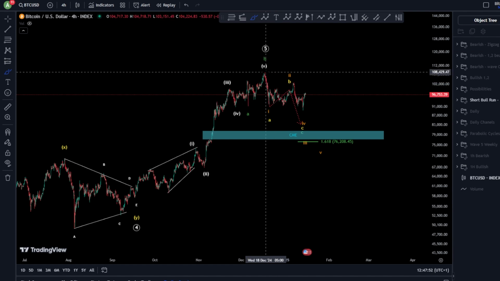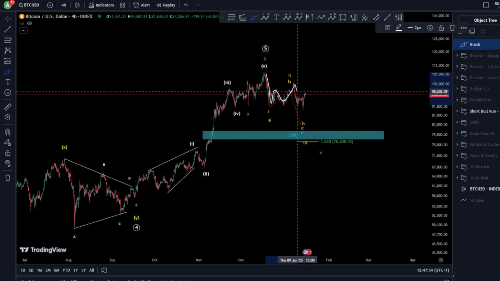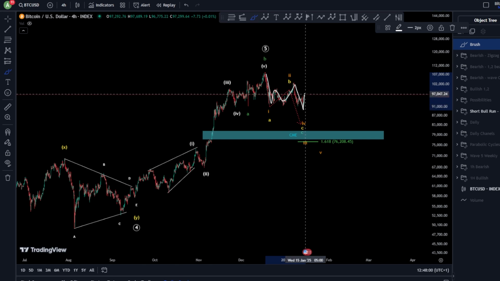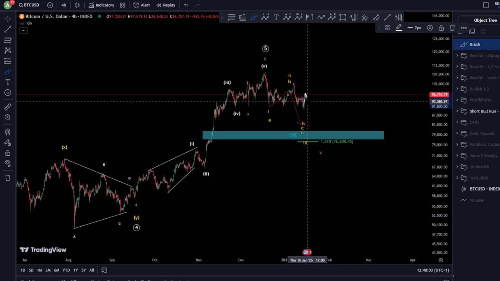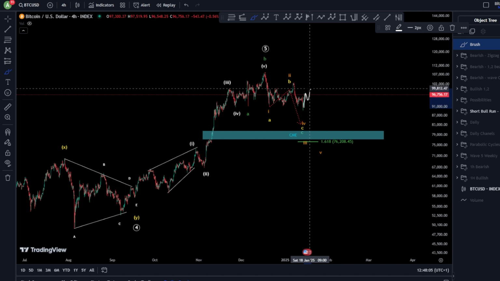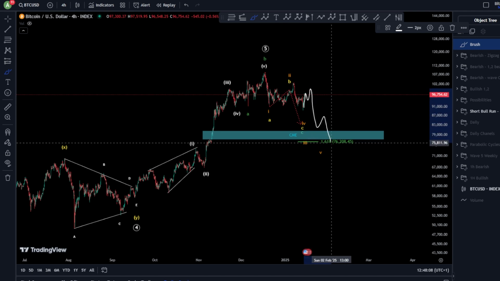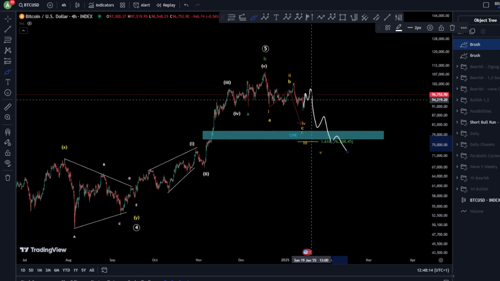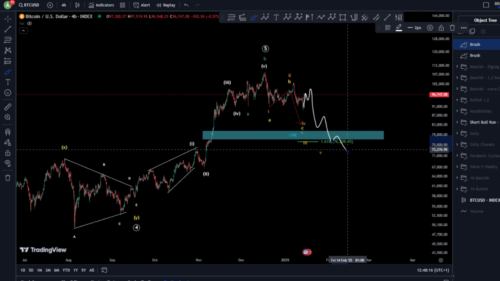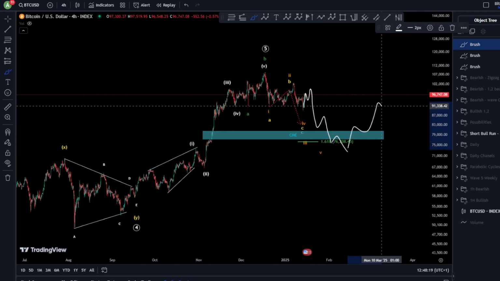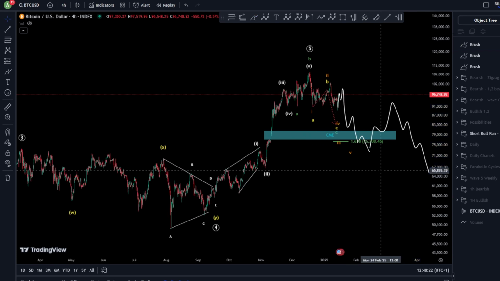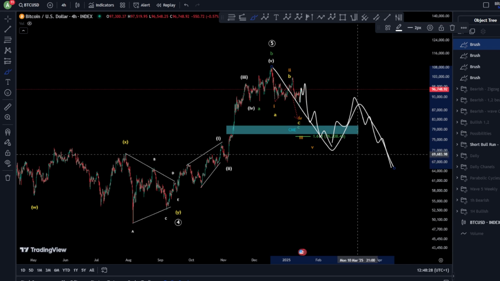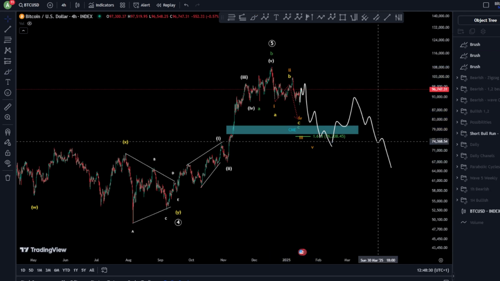Then we got our wave 2, which is an ABC, and then you got another impulse toward the downside, and probably now you are in a wave 2 again. So this impulse toward the upside can simply transform into a zigzag for a wave 2 and then continuation toward the downside 3, 4, 5, 4, 5, finishing this CME gap, meaning closing it and filling it, and then moving toward the upside again, of course, and one more move for the downside to create a zigzag cycle for a bear market, right? Yeah, so these are the options.